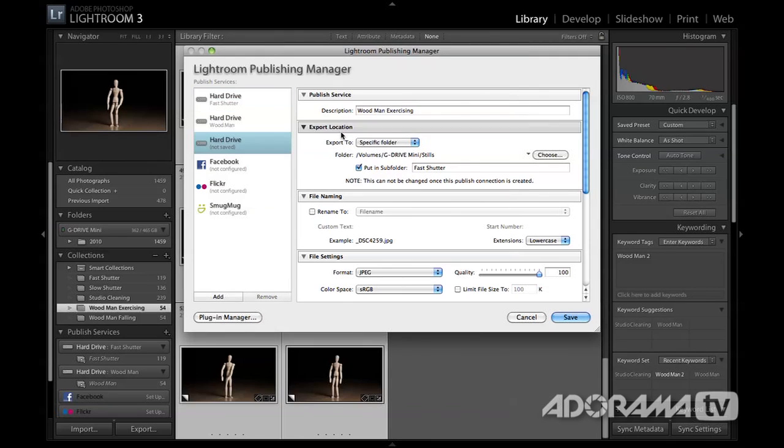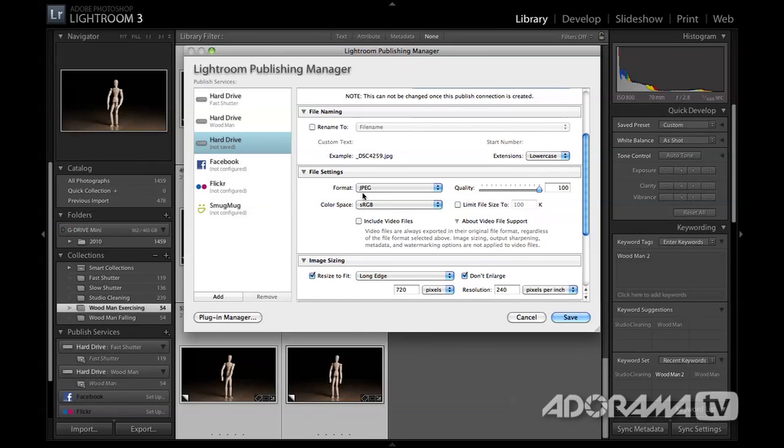Now it's going to ask me how I want to export these. So I want to export these to a specific folder. It's on an external drive in a folder called Stills, and I want to put it in a subfolder called Woodman Exercising. There we go. Then I don't want to rename my files. I do want to convert them to JPEG,